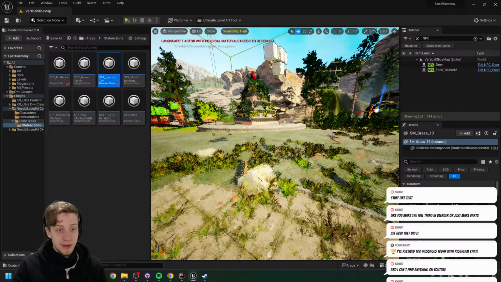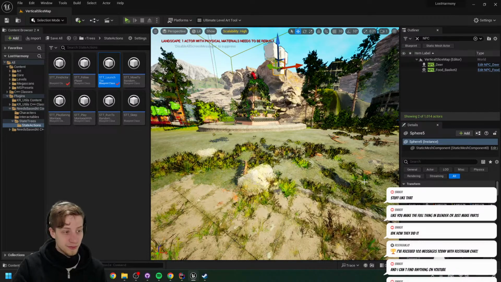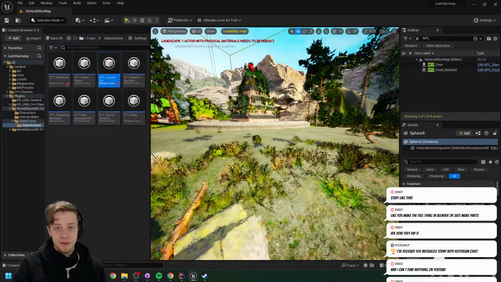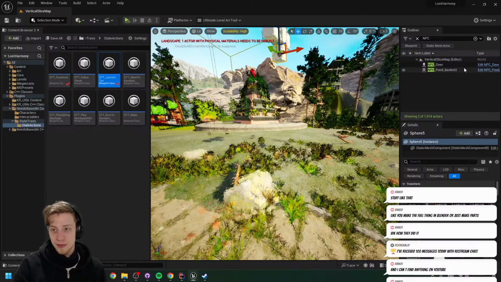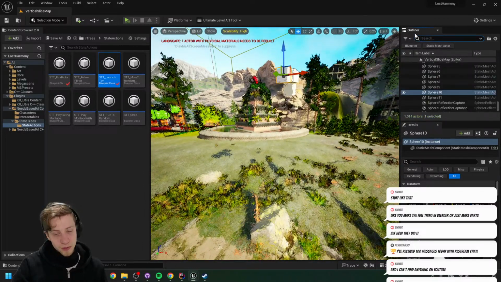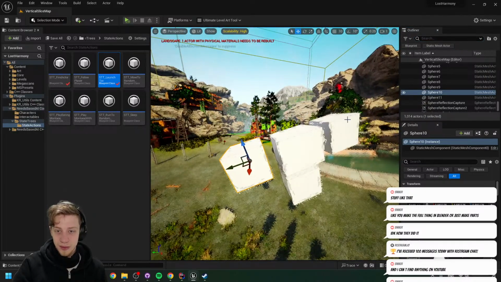Rarely do I find working with the file itself, a whole level inside Blender or inside whatever DCC file or software you are using, to be good. I would always use an engine for compositing everything together, and then each individual asset is made within whatever software it belongs to.